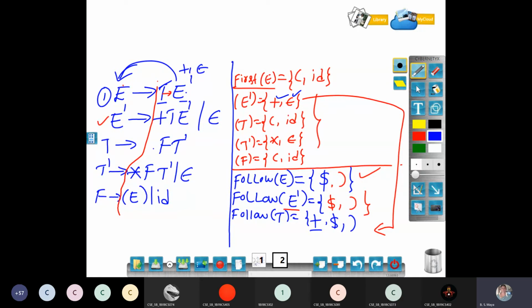Next line. Is T there in the next line? Yes, ma'am. What is there after it? E dash only. Have we already copied that? Yes, ma'am. What comes after E dash? Plus is already copied. Next there is epsilon. If I put epsilon here, what comes? You should not add it, ma'am. Then you should go to follow of E dash. What is in follow of E dash? Same, ma'am, already copied. Already you copied, right? Yes, ma'am.